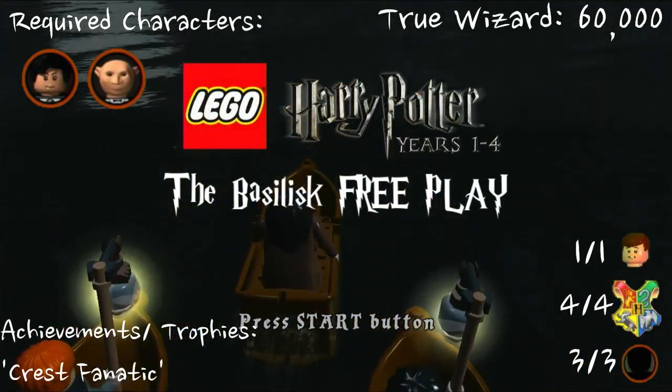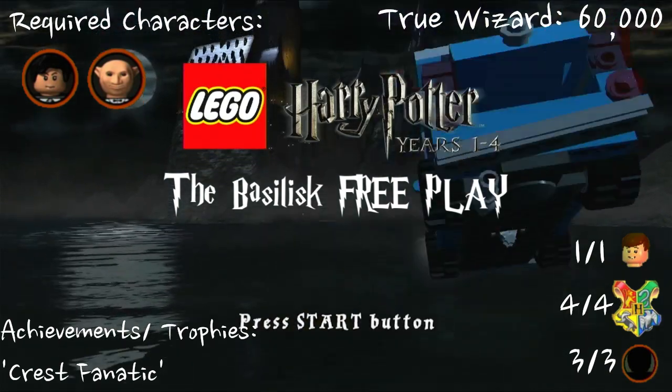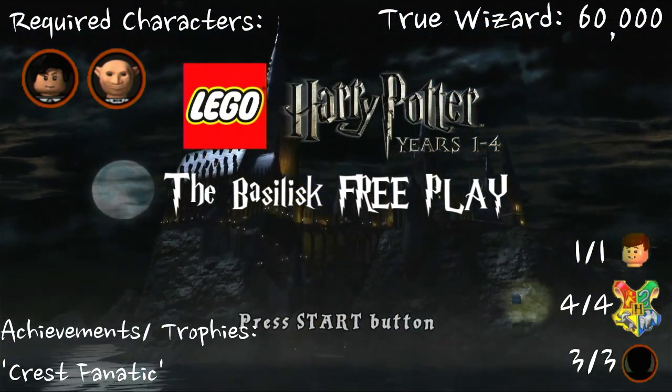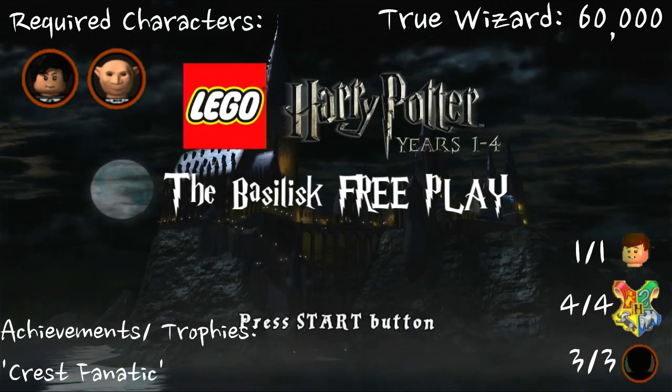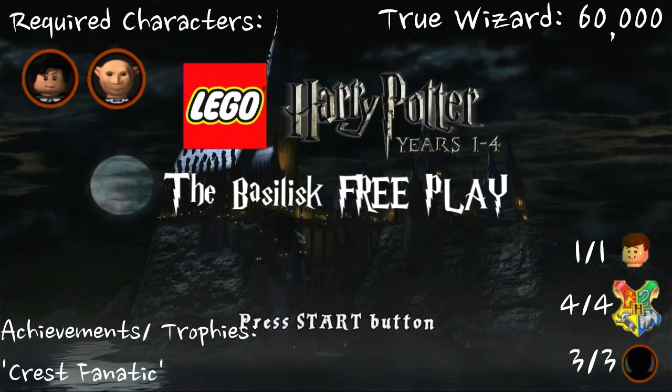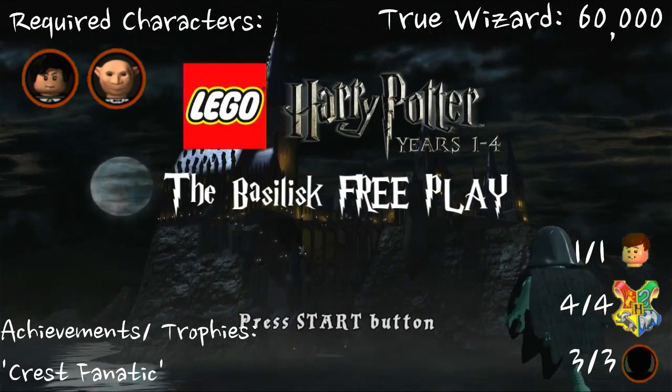Welcome back to some more LEGO Harry Potter years 1 through 4. This one is going to be level number 12, the Basilisk free play. Now as you can see, we're going to be getting the 1 student in peril, the 4 House Crests, and the 3 character tokens. You'll also notice the achievement/trophy Crest Fanatic, which is going to be for picking